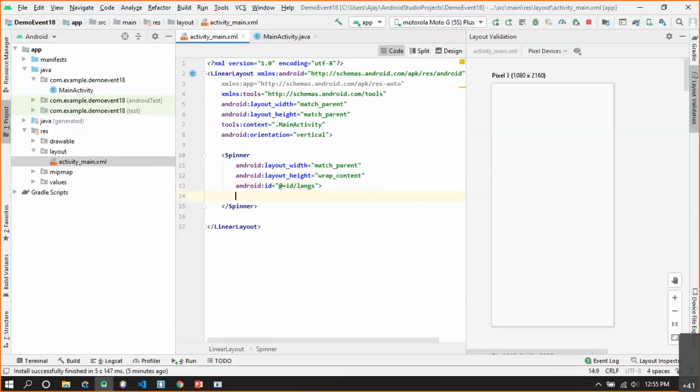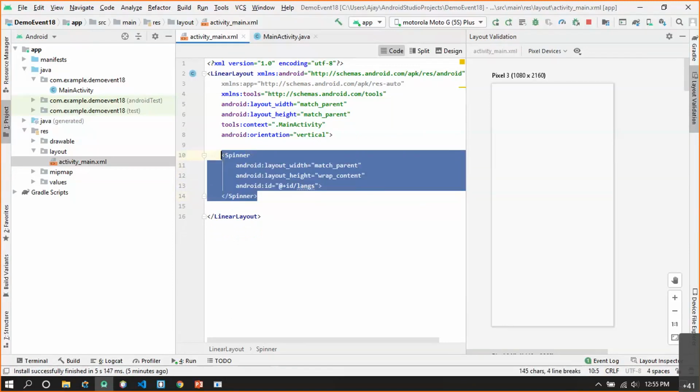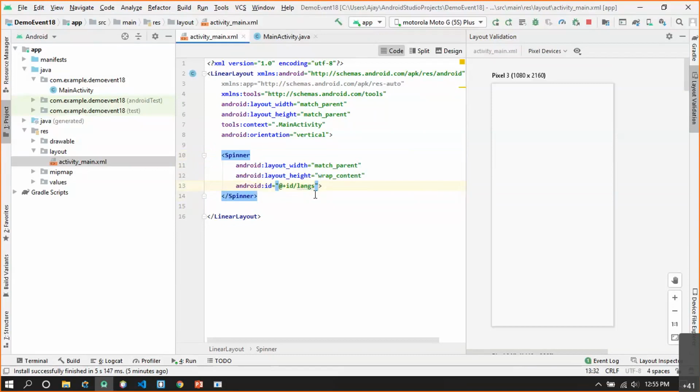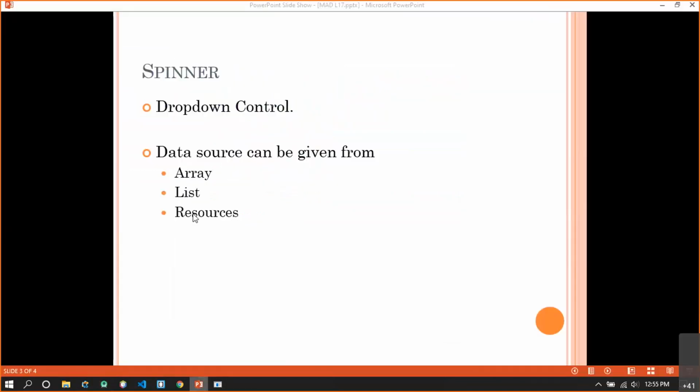Here we'll have the list of languages, out of which the user has to select only one language. Now the problem here is you cannot give any data source inside the XML. The data source should be given dynamically, and as we already showed, it can be in an array, it can be in an array list, or it can be in terms of the resources.